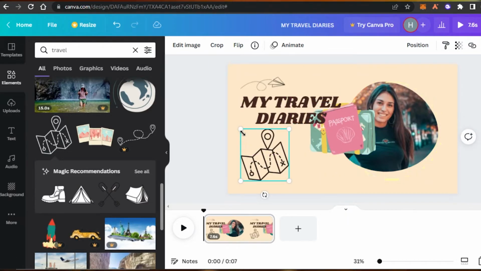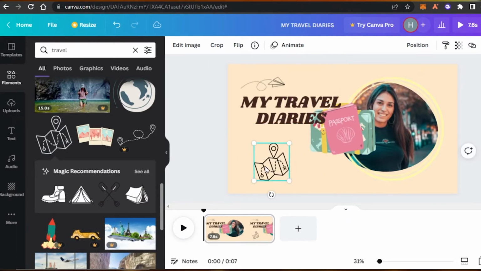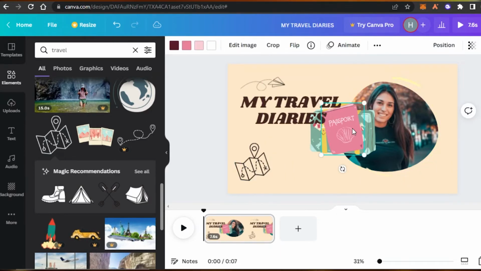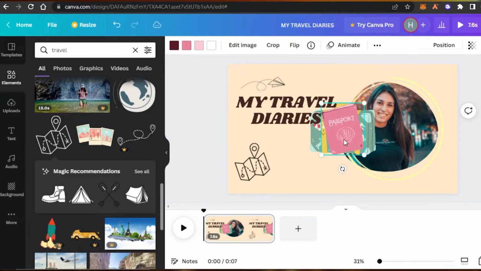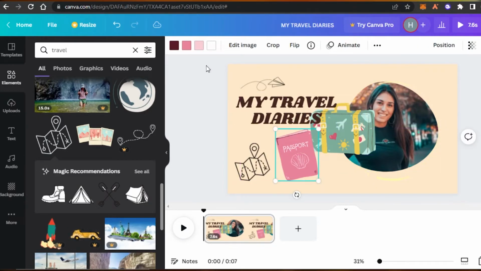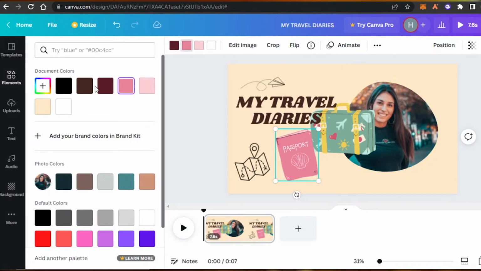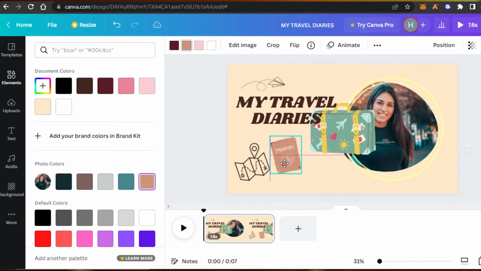The color for the map looks perfect, so I'm not gonna change that and I will just add it right here. The passport, you can see the color is pink, but my intro and my theme is a different color, so we can change the color for different elements. I will simply go ahead and change the color of the passport to this brown color,